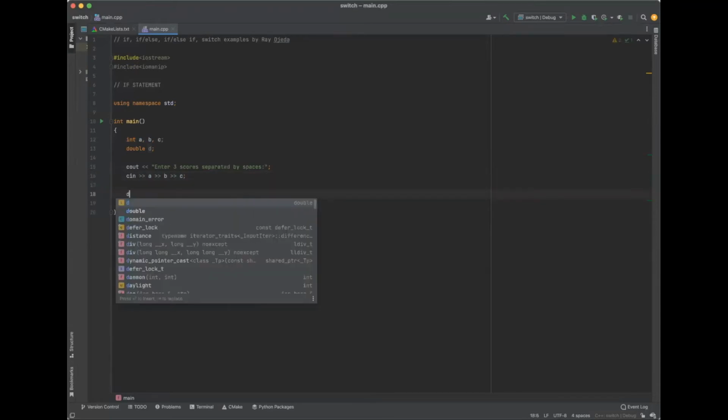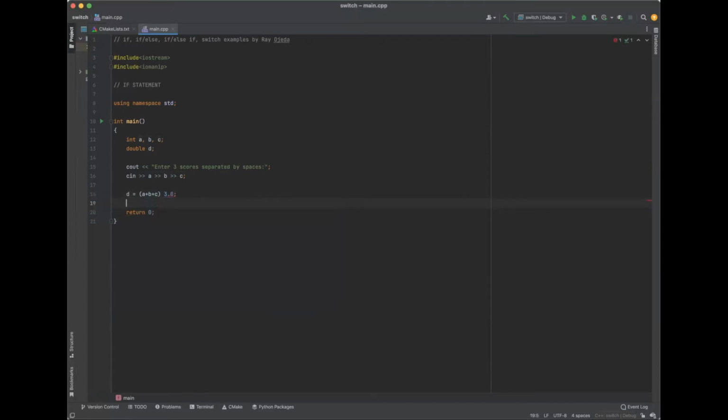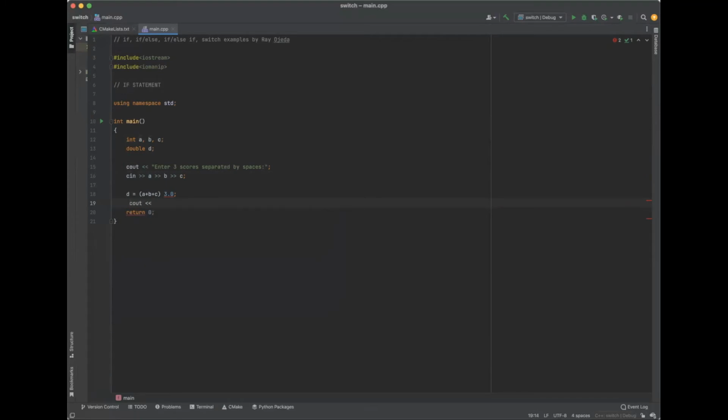And now I'm going to be doing d equals a plus b plus c divided by 3. And obviously, I'm going to get an average. That's what my average is. So now I'm going to be doing cout, and I'm going to do fixed. That's why I was using the iomanip. And I'm going to do showpoint, setprecision to 1. And that's what I'm doing for right now. And let's compare. Okay, so I'm going to switch to cout: the average is,